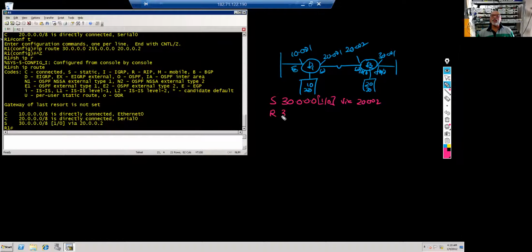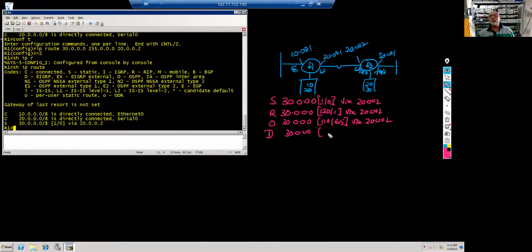If it is RIP, it will look like this: 30 network, 120/1, go via 20.0.0.2. If it is OSPF, you will learn O, and it will be like this: 30 network, 110/65, go via 20.0.0.2.